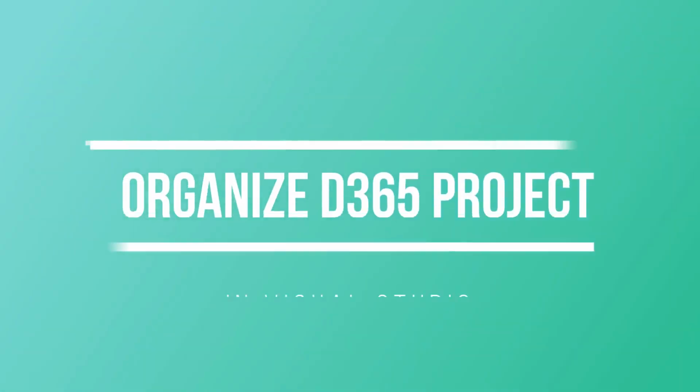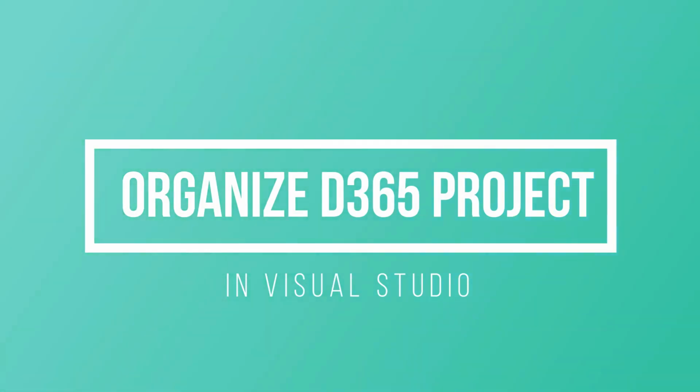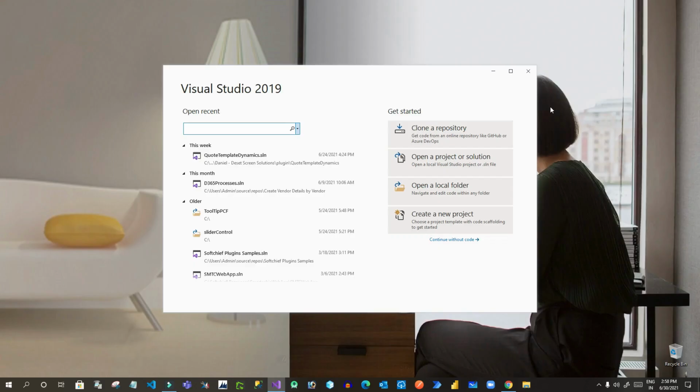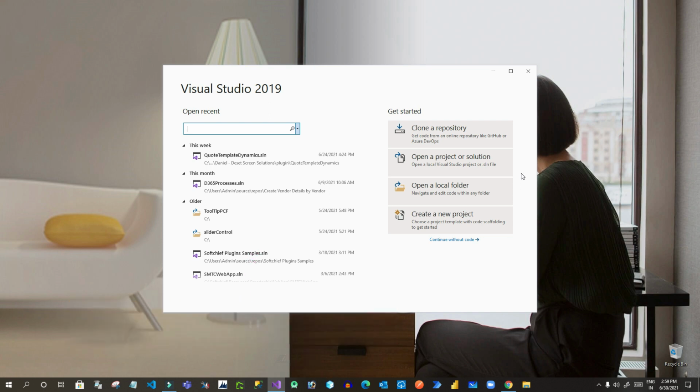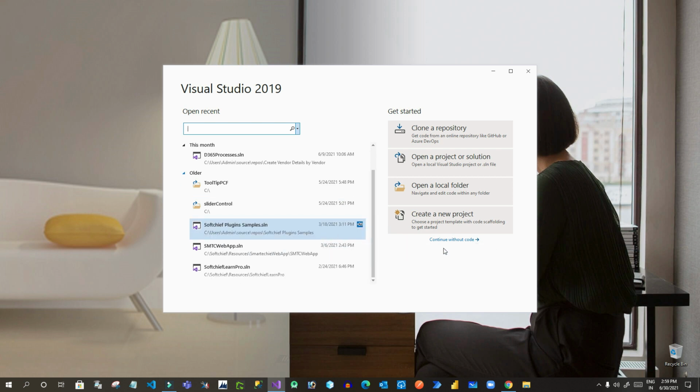In this video we will discuss how we can organize our Visual Studio to keep our projects organized. Okay, when we work with Dynamics 365, we have many things like plugins, custom workflows, JavaScript, and many customization components. So how can we edit that in a Visual Studio solution, and how can we connect to that Git repository for our source control? We will see that. Okay, so let us see how we can organize our project.